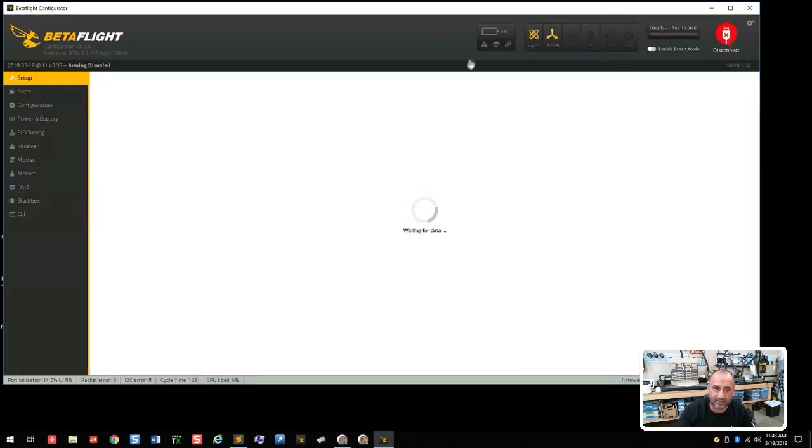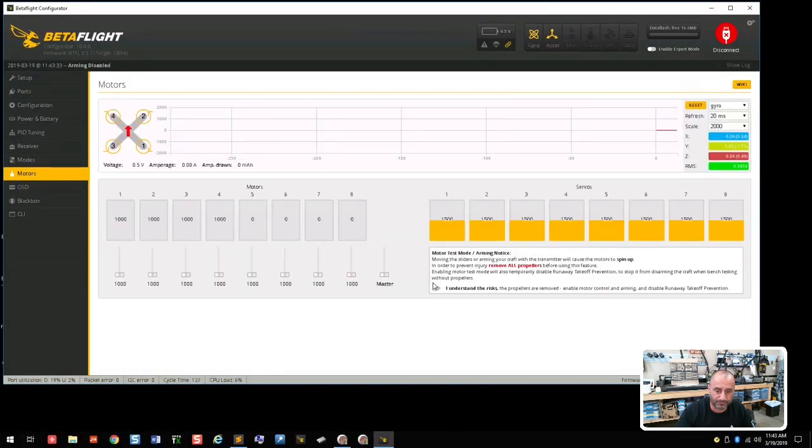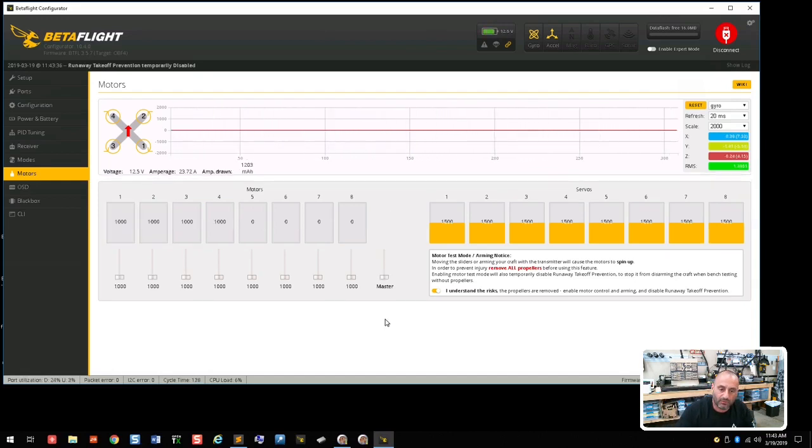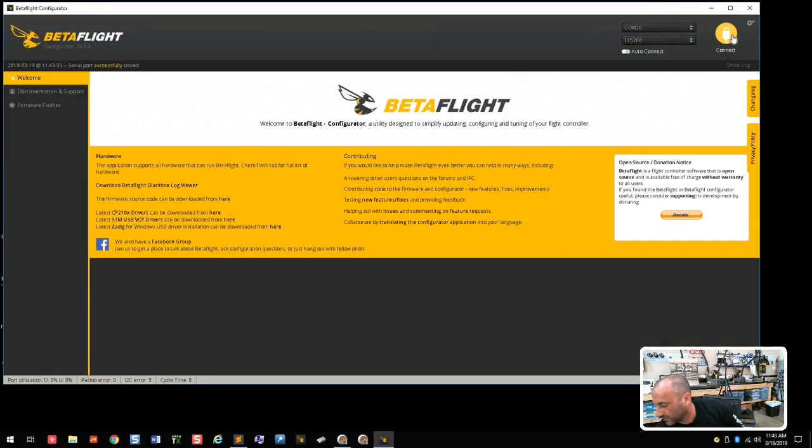So I'm going to connect here. I'm going to go to my motors. I'm going to crank the master all the way up so I can do my tuning. Then I'm going to turn my LiPo on. I hear my tones. Okay, so that's done. So now I'm going to turn the motors off, click disconnect,